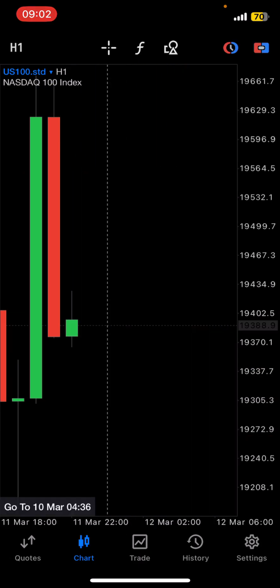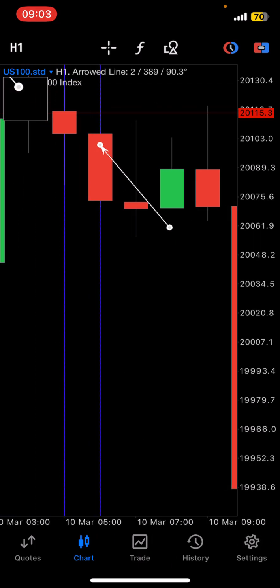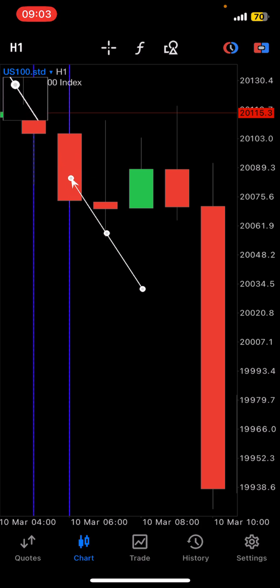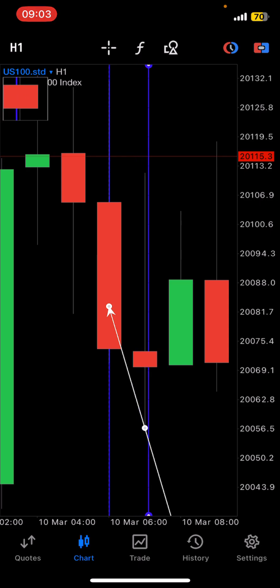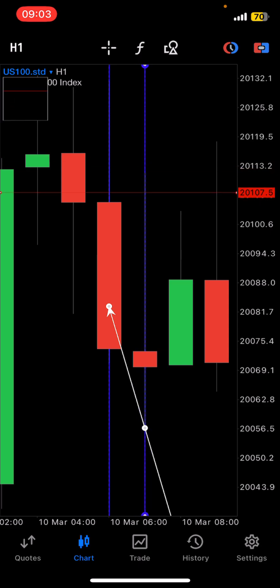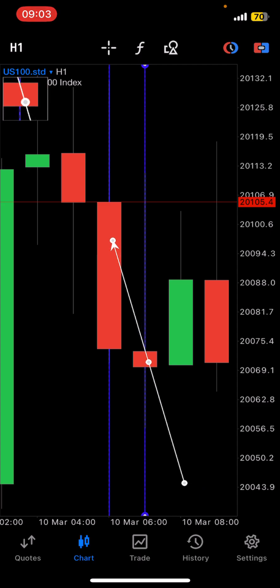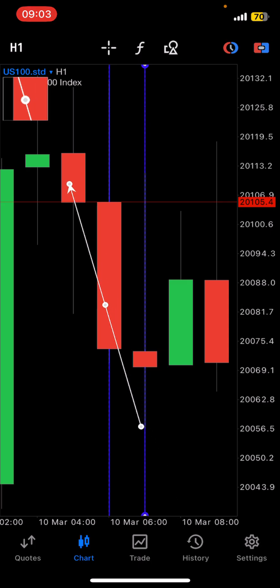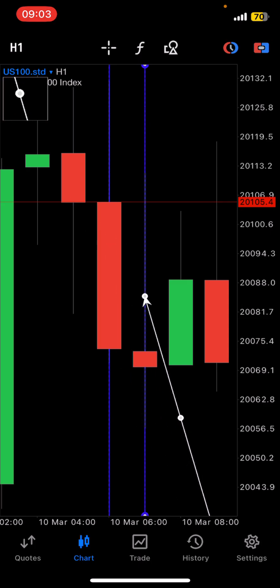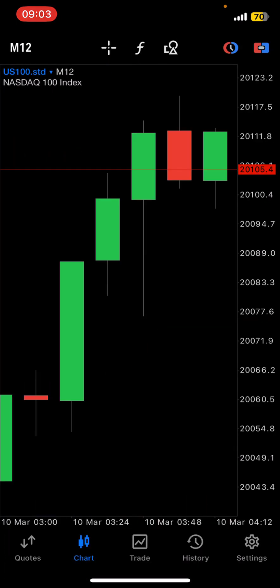So now let's go back to the 1 hour time frame. Remember, that was a winning trade, but it closed as a down closed candle, which means now our bias has shifted. So for this candlestick, it opened right here, right? That's the opening price. That means for this candlestick, we are going to be looking for a sell signal, because the previous candle offers a sell. So right now I am going to go to the 12-minute time frame, and